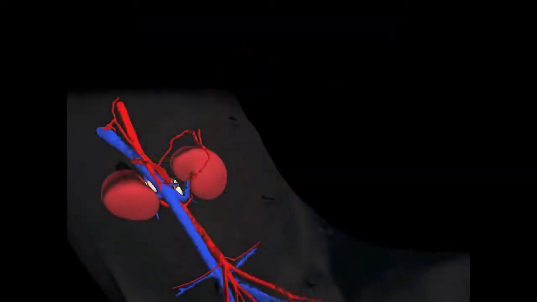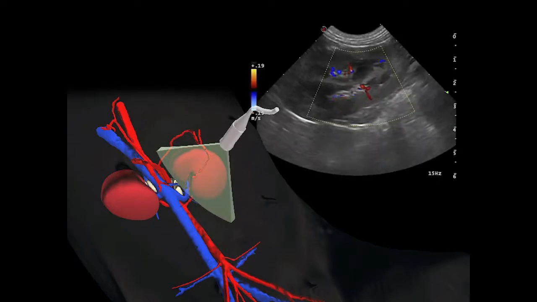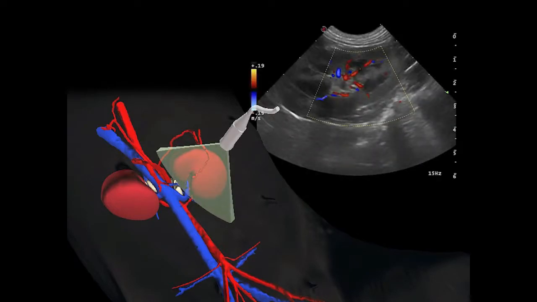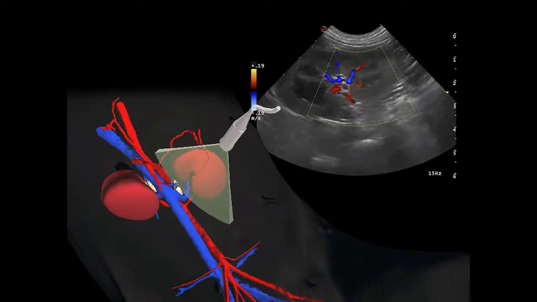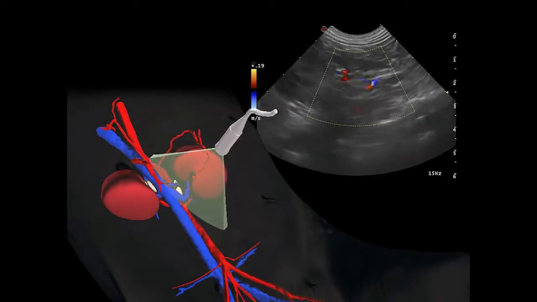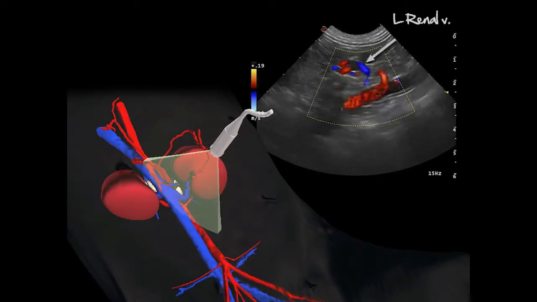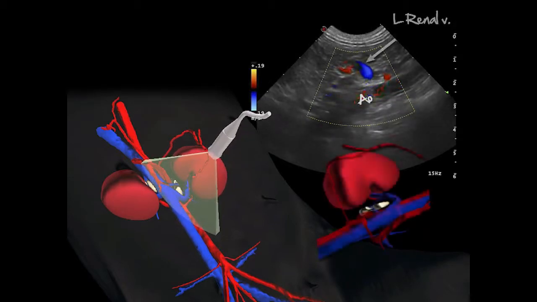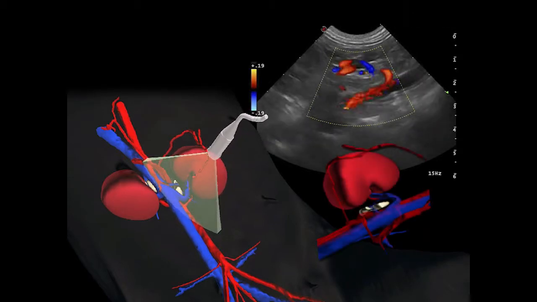A convex probe is generally used to assess the left adrenal gland, at least initially. Color Doppler can help you identify the vascular structures in the region of the left kidney, which in turn helps to identify the adrenal gland. From a longitudinal plane of the left kidney, the renal vein is first identified and then followed along its course, ventral to the aorta, into the caudal vena cava. The adjacent renal artery branches off from the aorta with a red color Doppler signal as the blood flow is